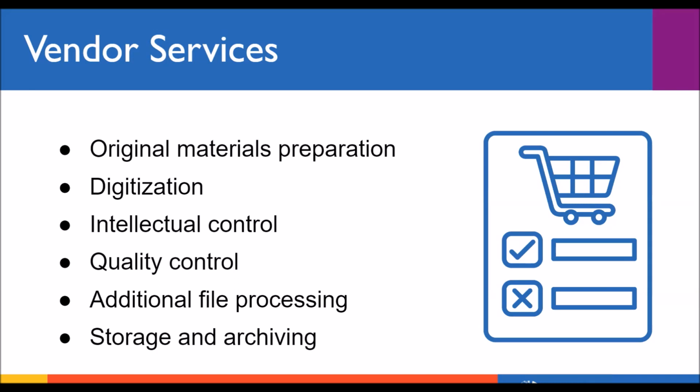You can also ask about digital hosting services or digital preservation services. A lot of times with newspaper digitization, vendors will host your newspapers and provide access to them online. This could be a really good option for libraries or organizations that can't otherwise provide hosting access. There's also digital preservation services that they might be able to offer. Again, if you select either of these two services when working with a vendor, please get a copy of your files and make sure that you have a copy, so if anything ever happens to that vendor, you still have access to your material.